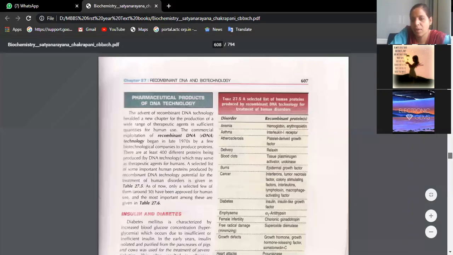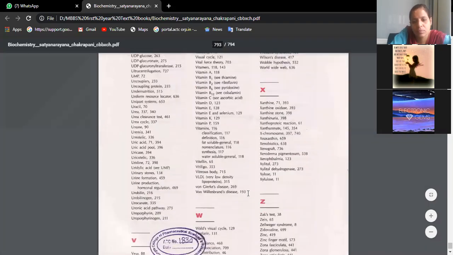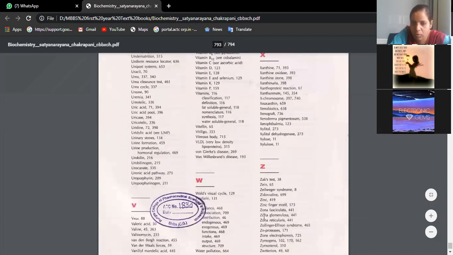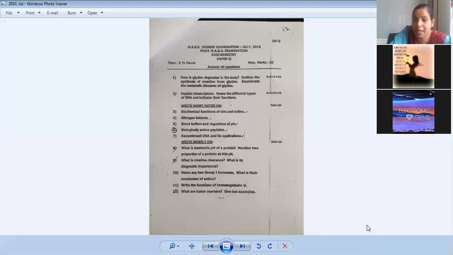Do you want me to show, Ritika? No, ma'am. You know the answer. Okay then. It's a very simple answer, beta. The pH at which an amino acid is existing as a zwitterion is isoelectric pH. It's electrically neutral. That is the meaning. Creatinine clearance, I hope you know, no, beta? C is equal to UV by P, right? Tumor markers, I hope we did.